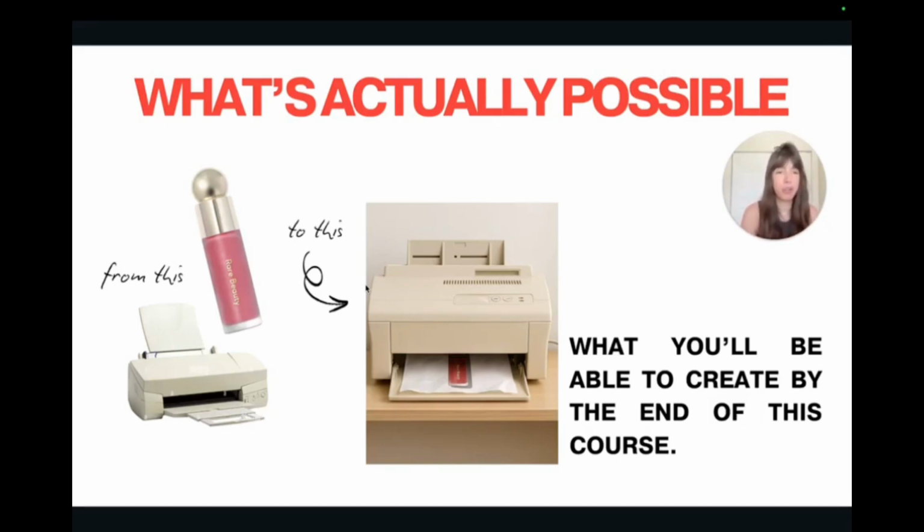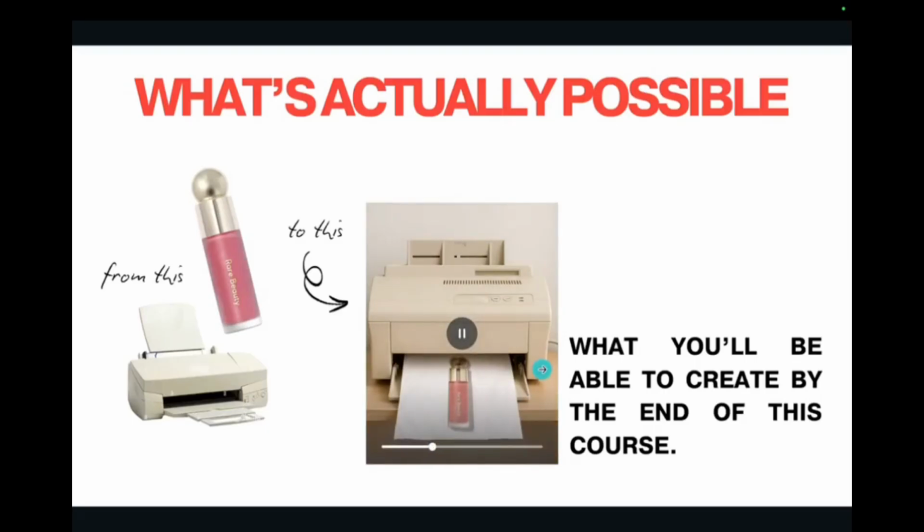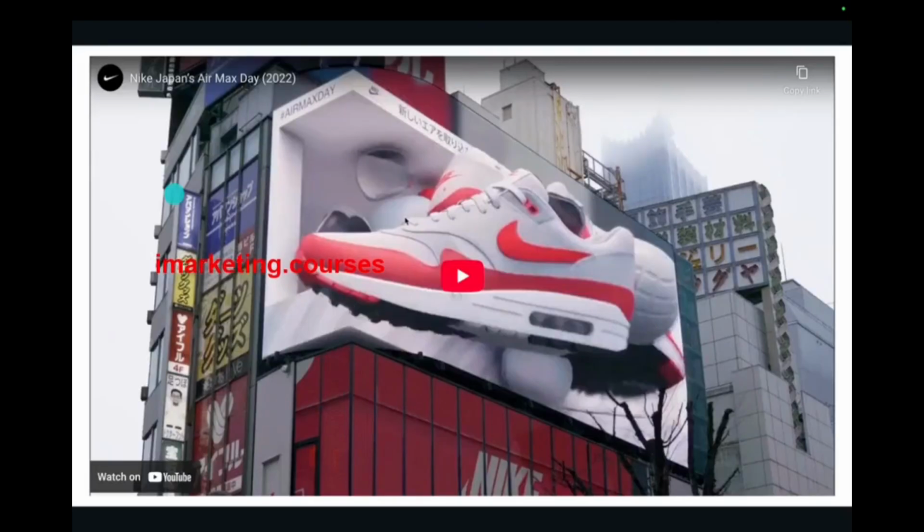In this session, I'm going to show you what is exactly possible for you. And by the end of this course, you will know how to create it. I took this simple product, also this printer, no fancy software, no design. I just placed these two items into the tools and asked for this result. I got this. This isn't about being naturally creative. It's about understanding the possibilities and following a process. Let me show you how brands are using AI.